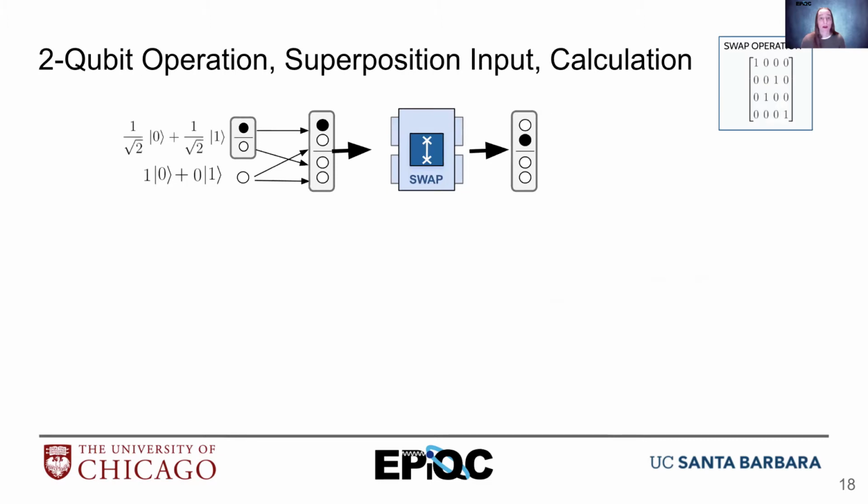Now let's look at how we do these with calculations. So we can see that we start out, these are the same two examples, just done with the mathematics as well. So we have our first two that were 1 over root 2, 0 plus 1 over root 2, 1, right? That's the notation for a black and a white with a line in between that has a 50-50 chance of being black and white. And then we have our white ball, which is 100% chance of being a 0. Okay? And so now we put this into Bra-Ket notation first, and then in vector notation.